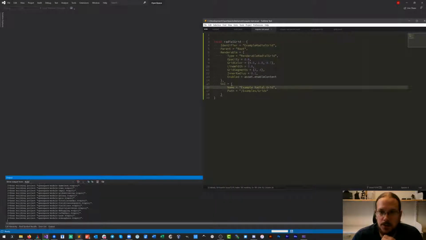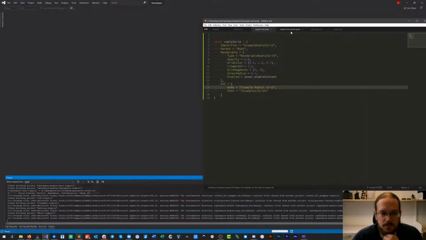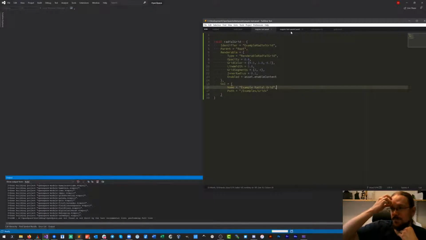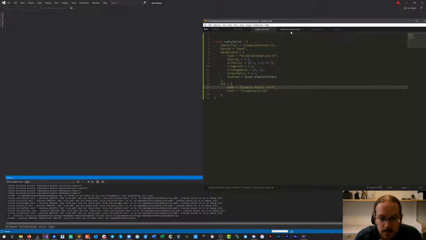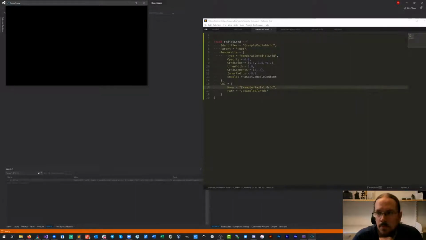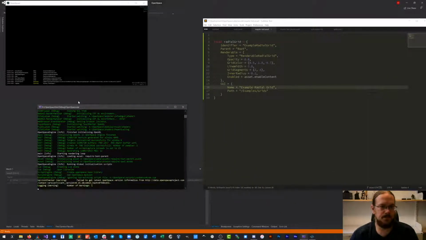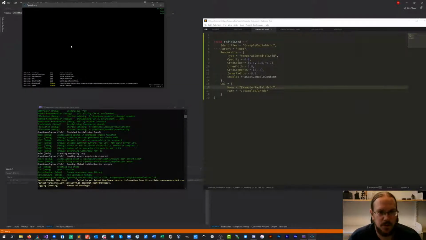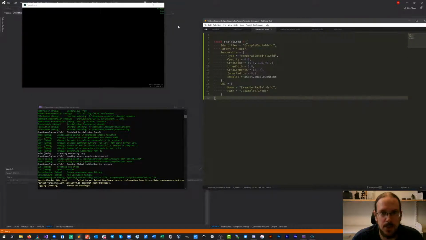We should be seeing just a radial grid. And the camera is probably very weird. Let me move this one over. Yes, so we're loading up OpenSpace and nothing is really happening because we don't have a user interface or anything. So that's kind of not good. So we can't even really see what is happening.